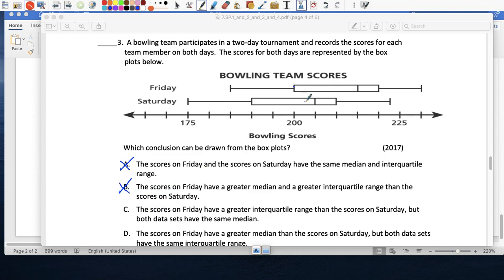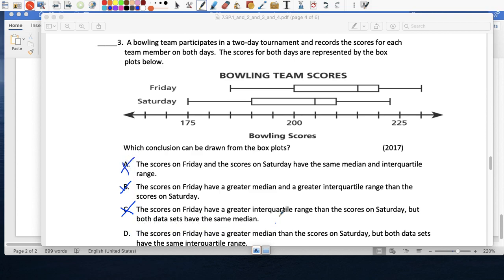They're about the same. I'm visually doing it. I'm taking the lazy way out. But if you look at this box right here, and you took this value and subtract it from this value, and you took this value and subtract this value, it looks very similar. Right? We can count, right? So it's 1, 2, 3, 4, and this is also 1, 2, 3, 4. So they're exactly the same. The scores on Fridays have a greater interquartile range. So the moment they say the interquartile range of one is greater than the other, you know it's already not true. So just by default, D is the answer.